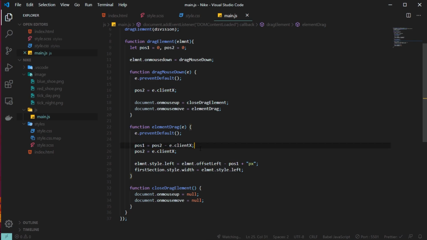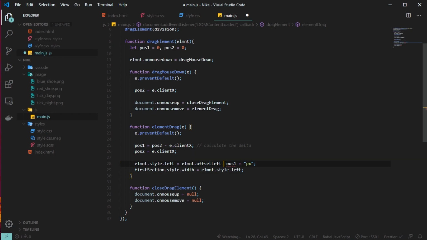So this will basically return the delta. Let me add that comment here: calculate the delta, which is nothing but the difference between the previous position and the current position. And then we update position 2 to e.clientX. And then we update the left value and the width of the first section.